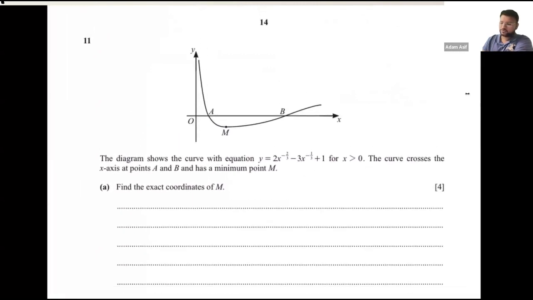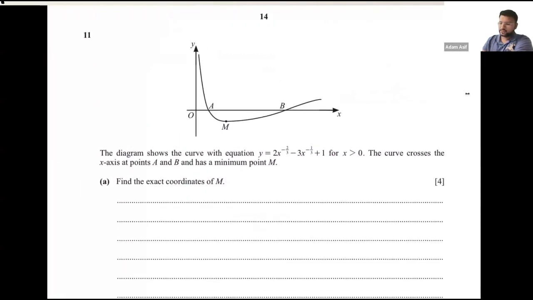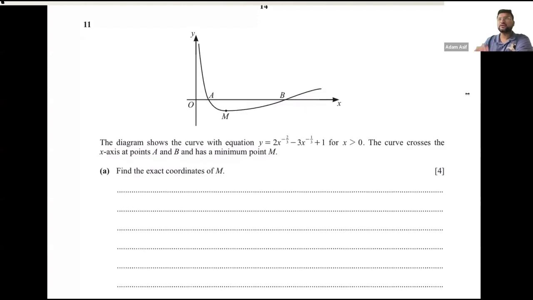The diagram shows the curve with the equation for x greater than 0. The curve crosses the x-axis at the points A and B and has a minimum at M. Find the exact coordinates of M. Exact coordinates of M यानी कि minimum point find करने के लिए अब्दुल्ला क्या करना होगा? कर्व की इक्वेशन गिवन है मेरे पास और मुझे पॉइंट M जो कि मिनिमम पॉइंट है इस कर्व पे उसके